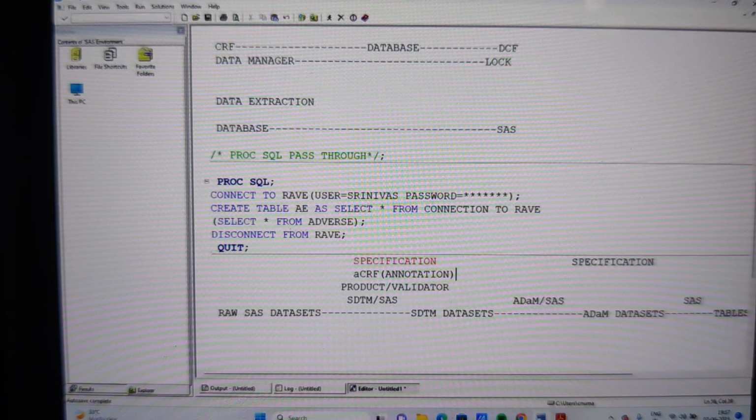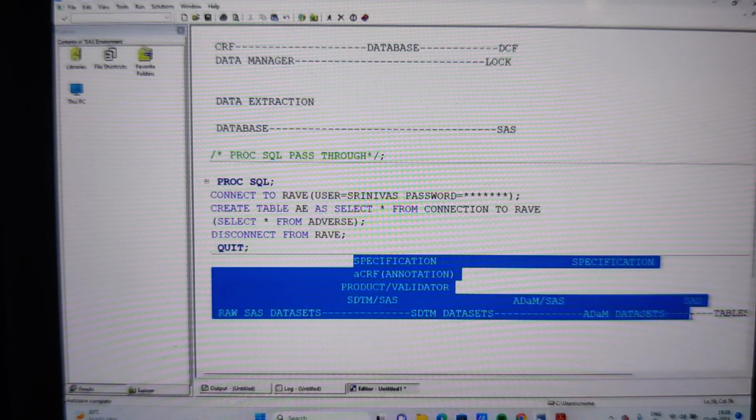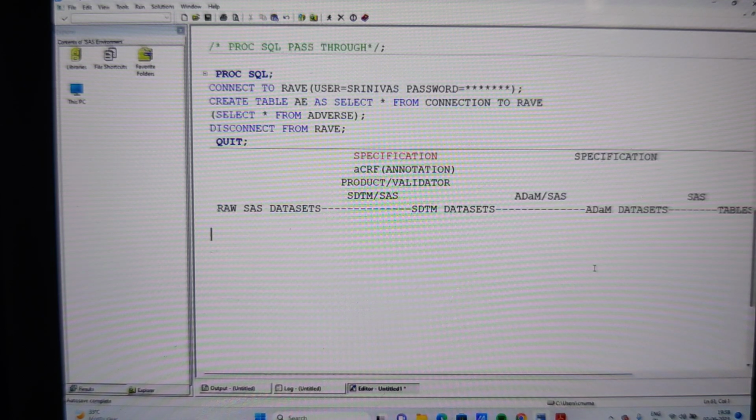But if you are really a junior programmer, you will not have these many choices. If you are in any company as a production programmer, you cannot do specifications, you cannot write a CRF sheet, or you cannot write it in a database. Understand this one? Now, we are going to focus on all 9 positions. By the end of our course, you can apply for any of these positions. Clear, everybody?